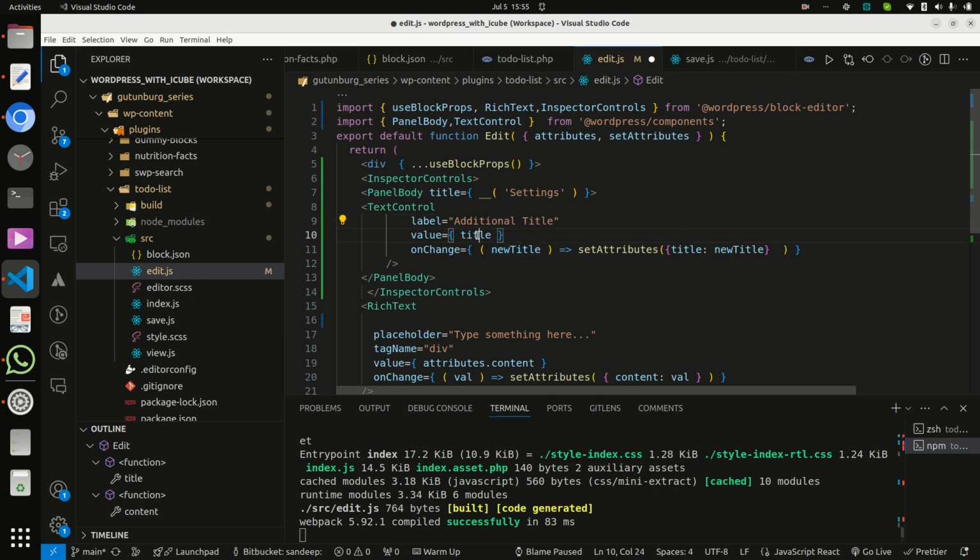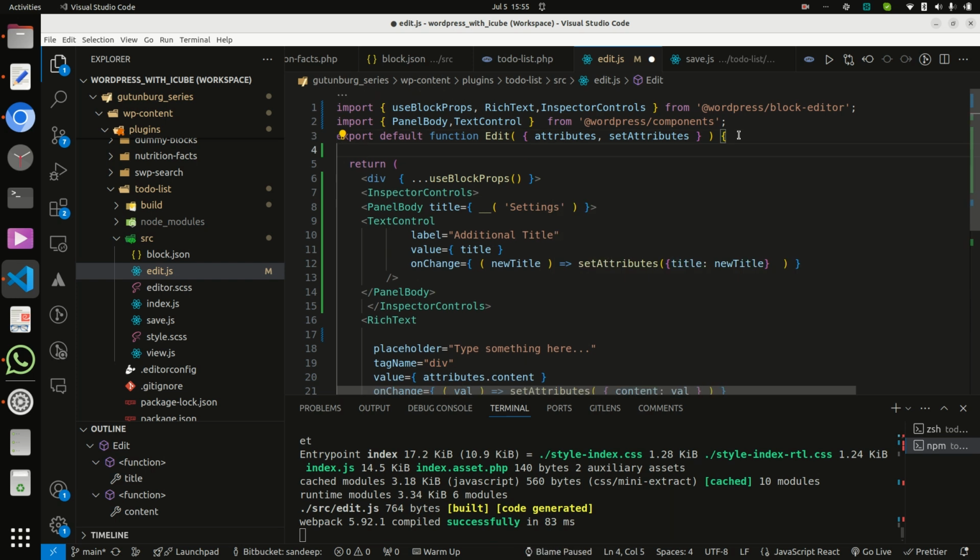Now I am just using title here, so I have to push it to edit. We can also use attributes.title, but I am using title. I am destructuring here with const, because it is the best method. const title